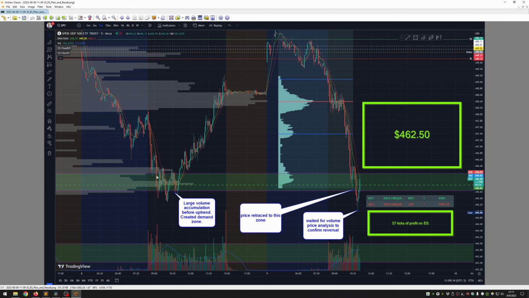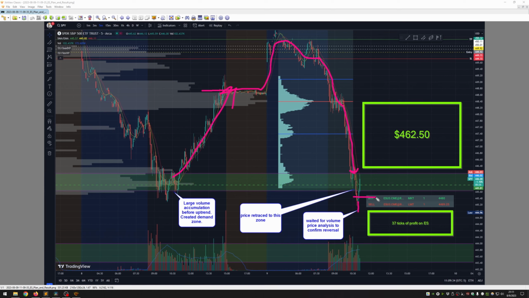I saw this large volume accumulation before this uptrend. I saw the price move away from our level. And then it doesn't matter if it's an hour, if it's a day, if it's next day, if it's 2 weeks from now, the price will eventually come back to this level. And then I'm going to be looking at volume price analysis. I saw these brakes being put on right here on this train